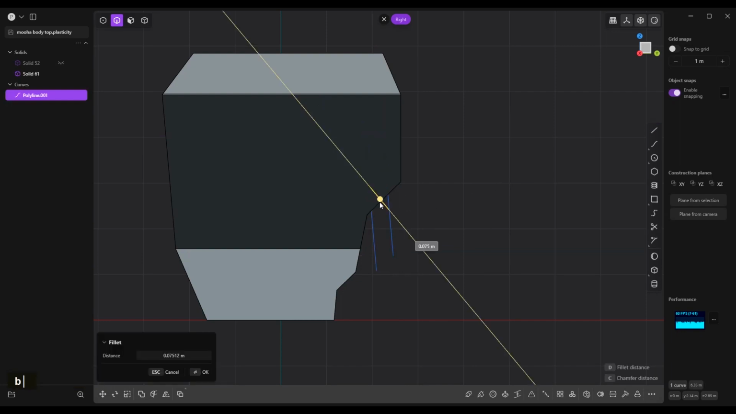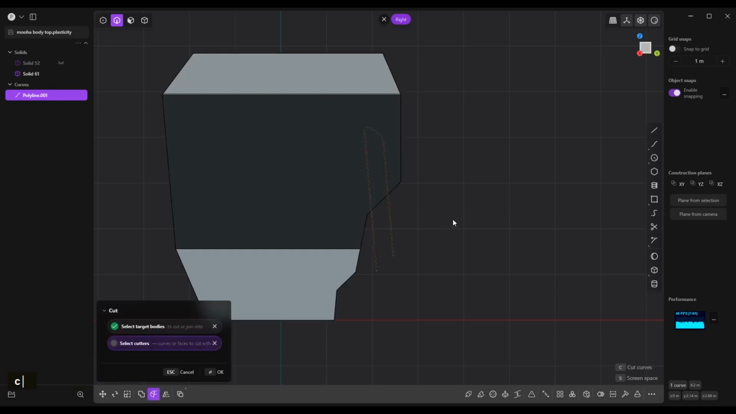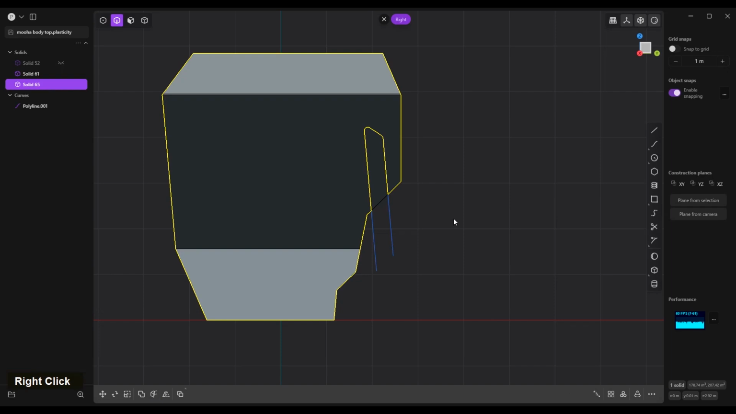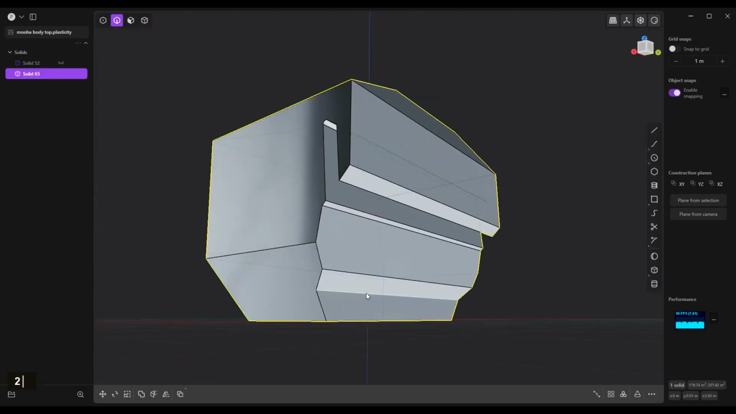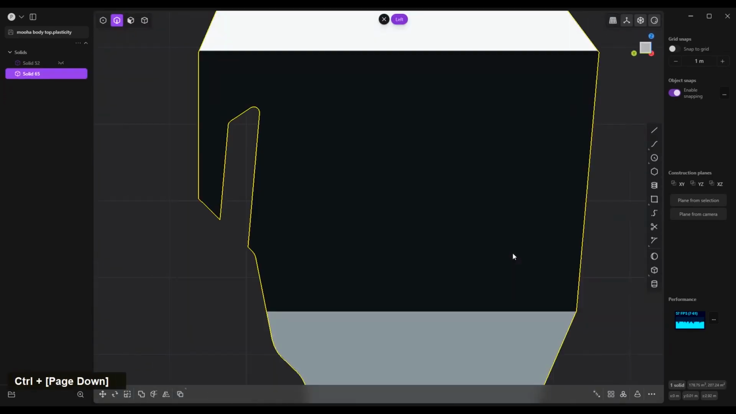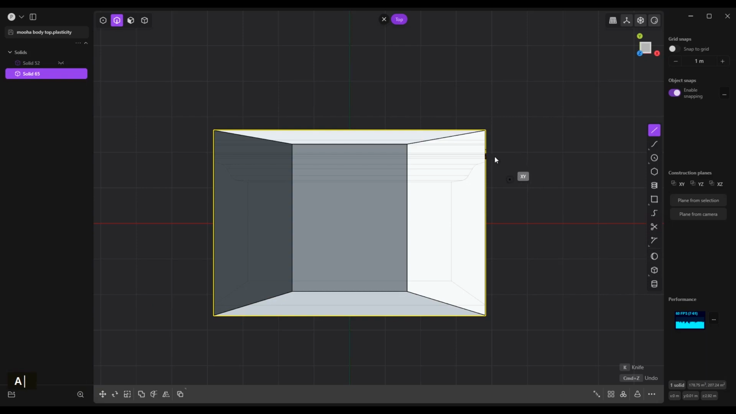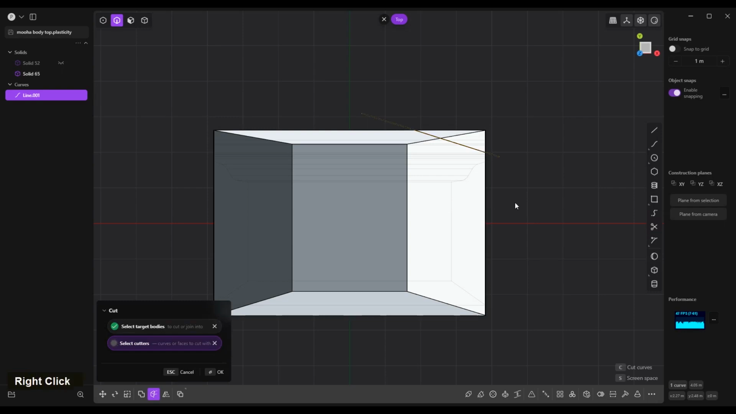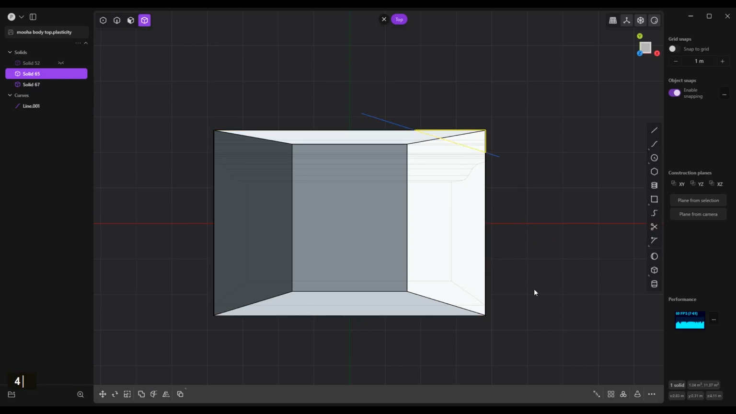B to bubble, something like this, right click to confirm, C to cut, select object, right click to confirm, 2, select curve, X to delete, 4 to select object, X to delete, 2 to select edge, 7 top view, and we're gonna Shift A somewhere around here, C cut, choose object, right click to confirm, or object, X to delete,